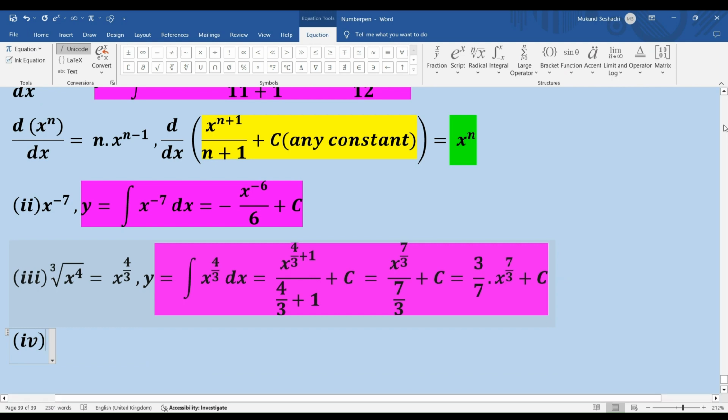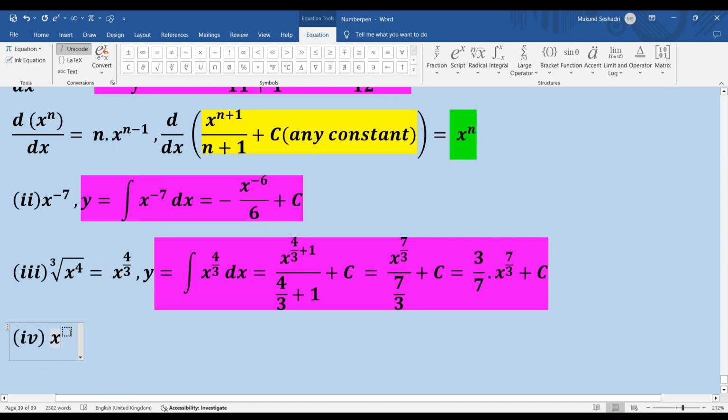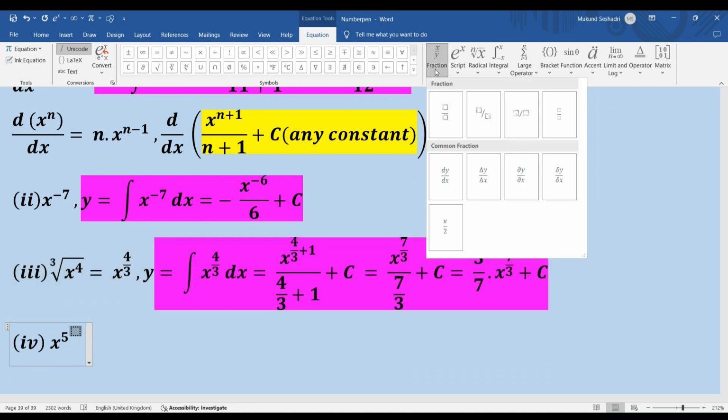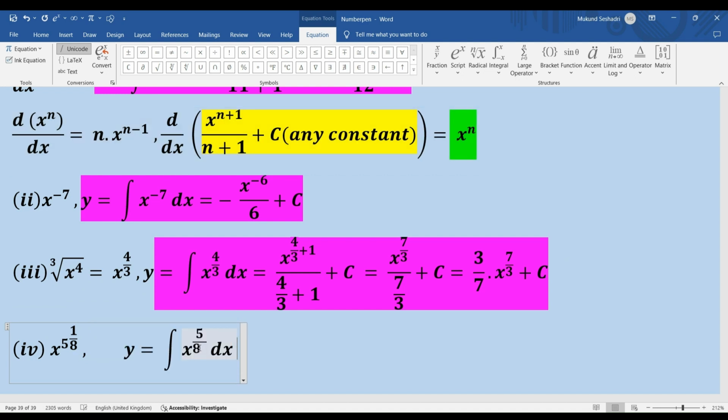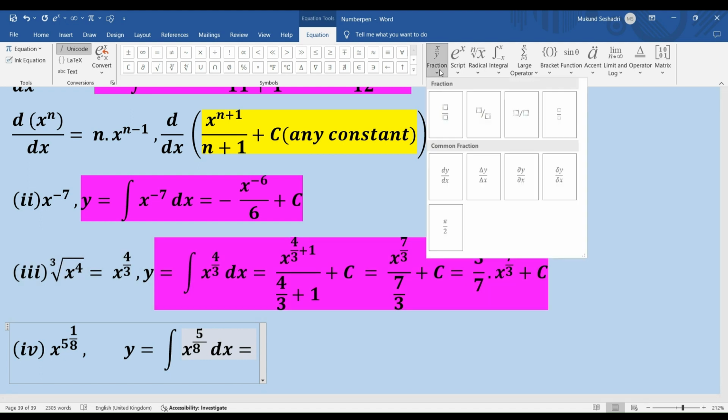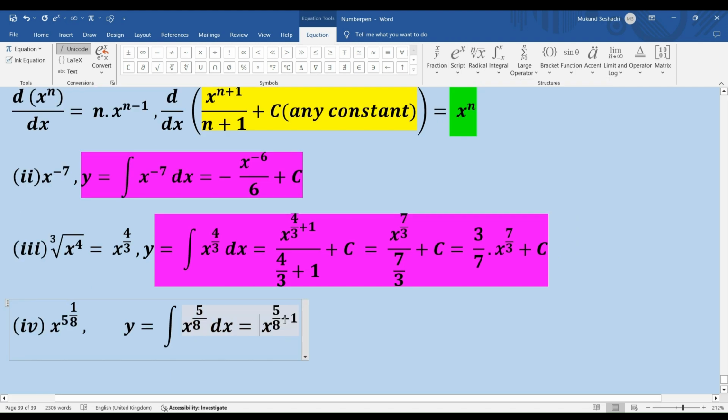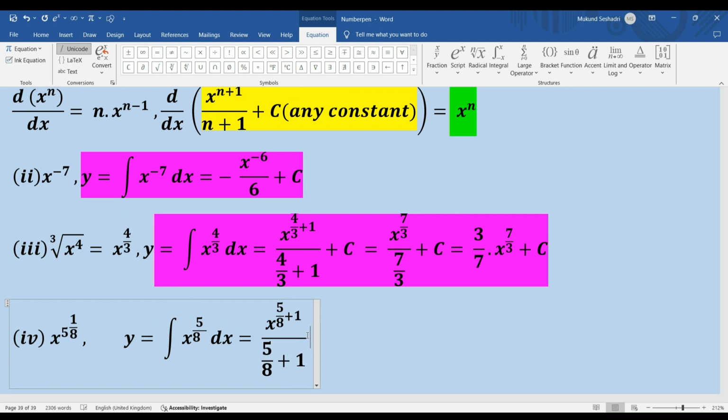Now we go to the final problem here, problem 4. x to the power 5, the whole raised to the power 1 by 8, which is nothing but x to the power 5 by 8. I can apply the same formula: x to the power 5 by 8 plus 1 divided by 5 by 8 plus 1, plus constant,